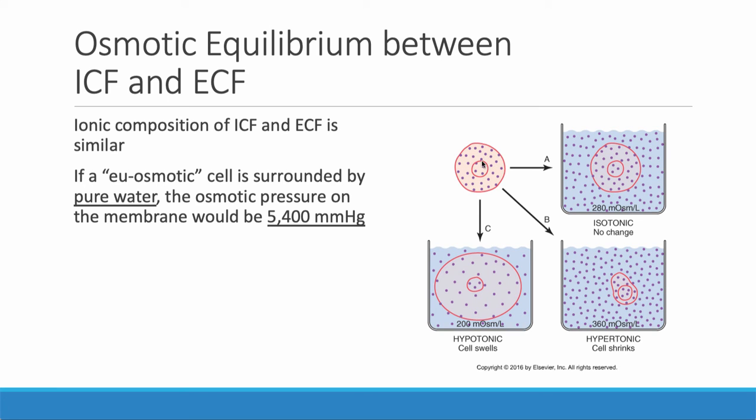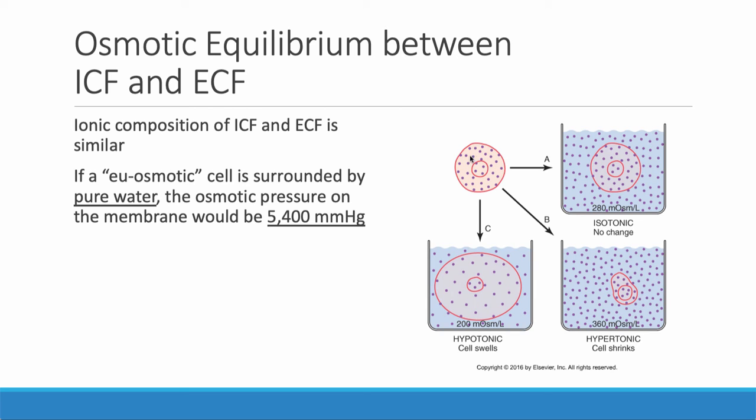And so when we put a normal cell into a hypotonic solution, then the cell swells because the fluid is what's moving, right? The fluid moves inside the cell to try to dilute what the fluid thinks is this